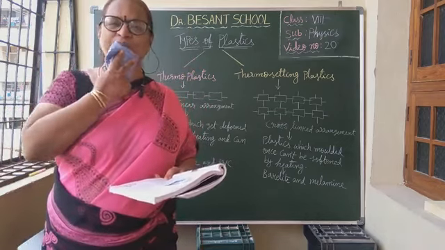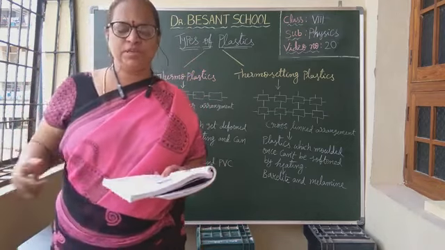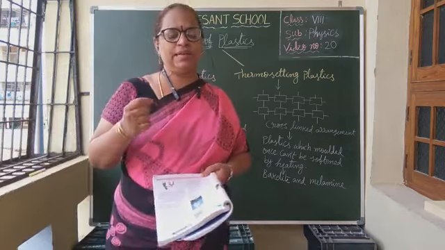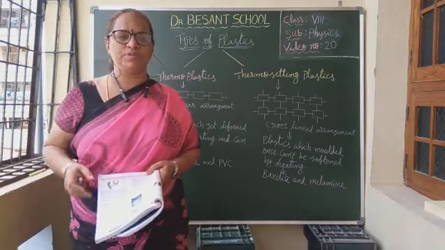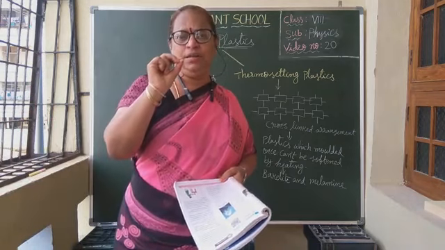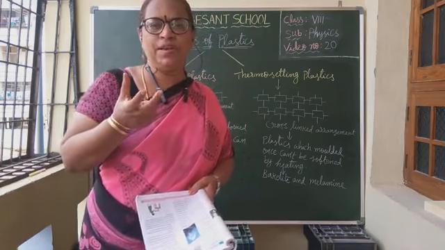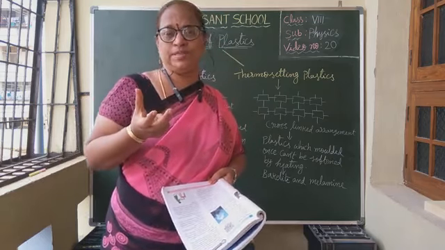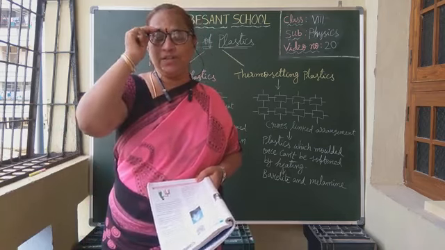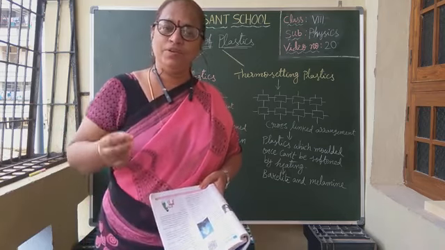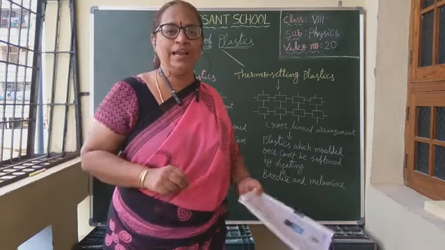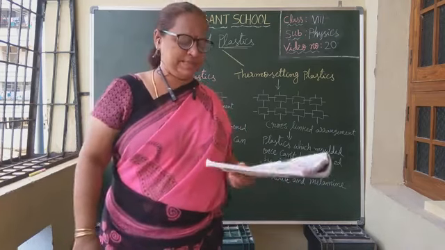You have heard about Tupperware, right? Mostly we use it in our houses for storing many things. So, is Tupperware thermoplastic or thermosetting? If you observe Tupperware, it is very hard. Even the hot boxes and tiffin boxes we bring to school are Tupperware. In them you can keep hot food also. Nothing will happen because they are thermosetting plastics.